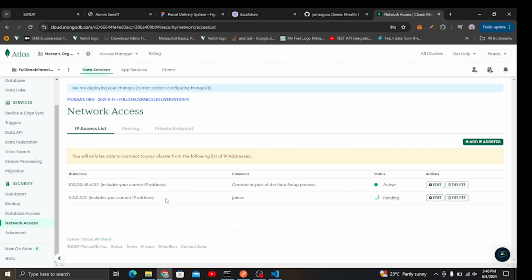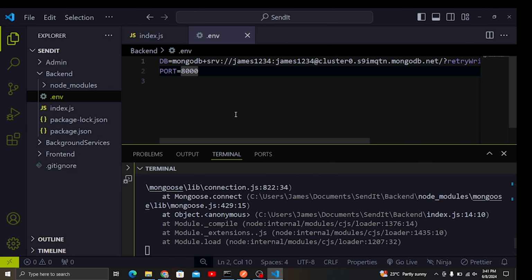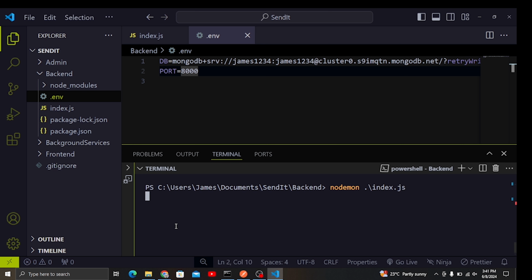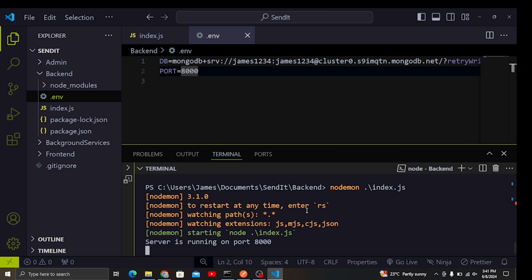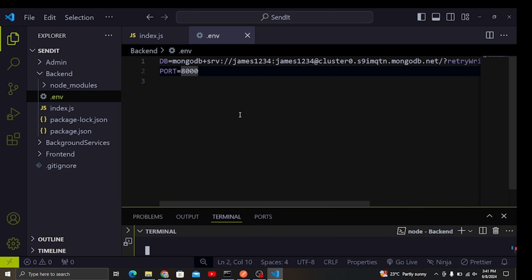So you can see here I have created the network access, I have created a new user, and also now we have our database. So now let's try and connect to our database and see if our application will be able to remove these errors. So let us do that. I'm going to run the application again here, and let's see. You can see server is running on port 8000, and also the DB connection is successful. So that means now our DB is set up, so we have finished that, and then now we can